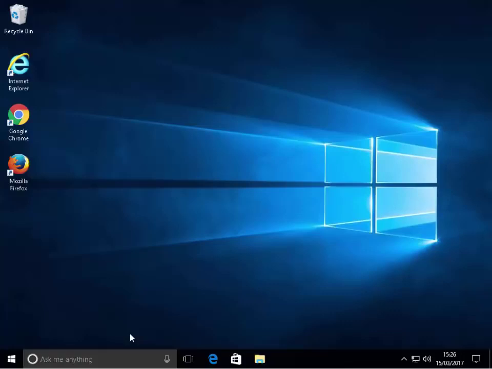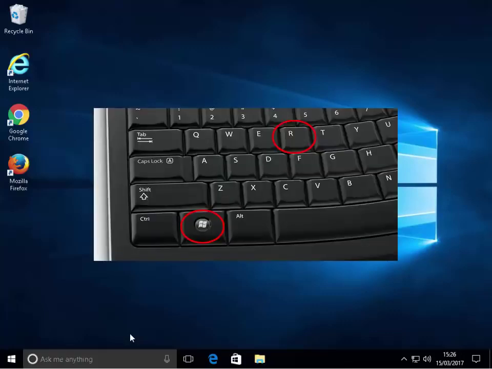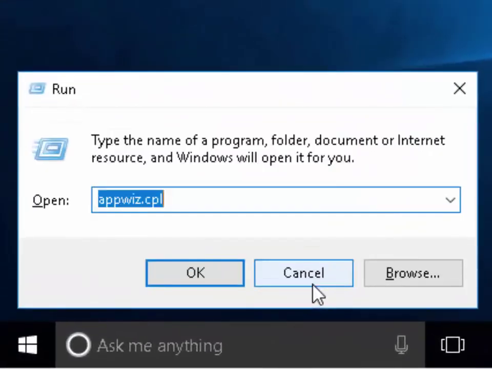So first of all, we need to download Brave Browser. To do this, hold down the Windows key. The Windows key is on the bottom row of keys on your keyboard between the CTRL and the ALT key. Now press the letter R for Romeo. Delete out whatever's in the run box and then type